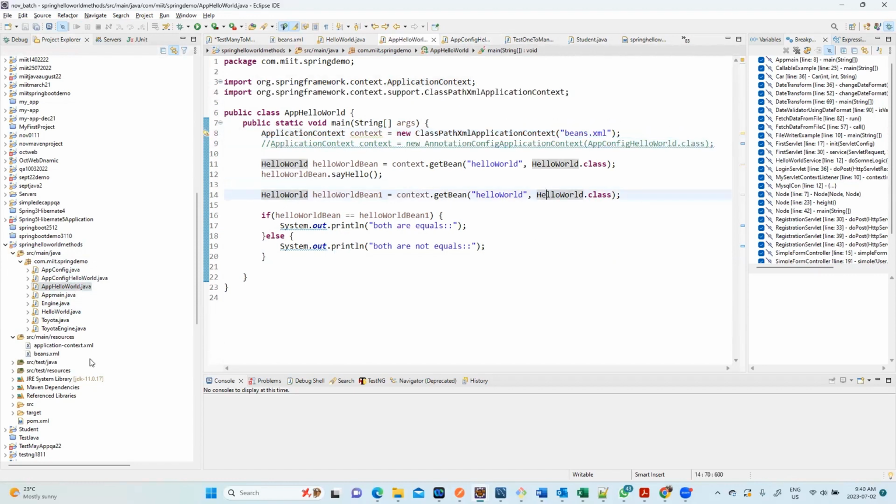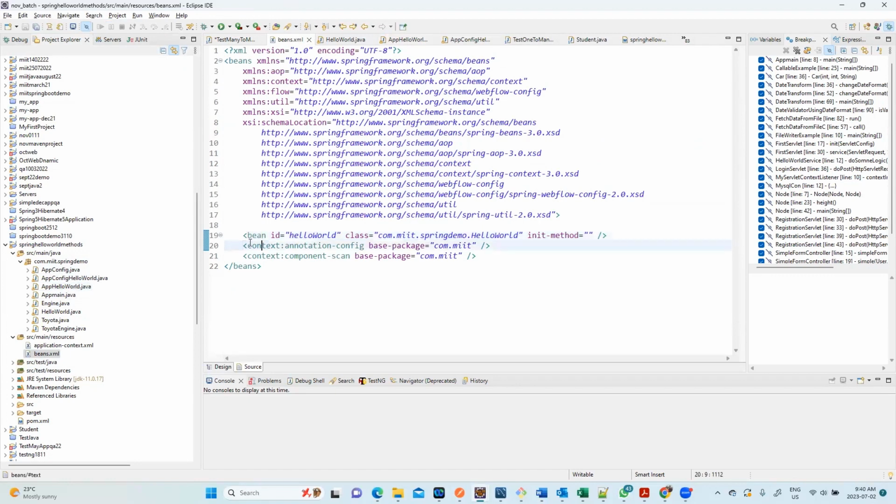Okay, so if you see in the beans.xml, we have defined a bean. This bean you are defining with an ID and then a class, same like in a servlet, where we define what your servlet class is and what the name of the servlet is. So internally containers,